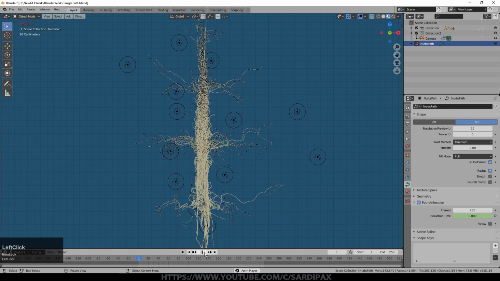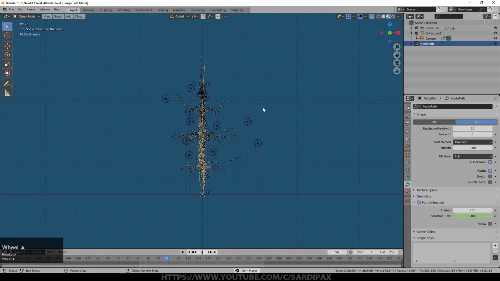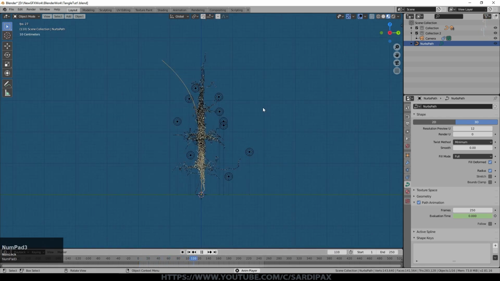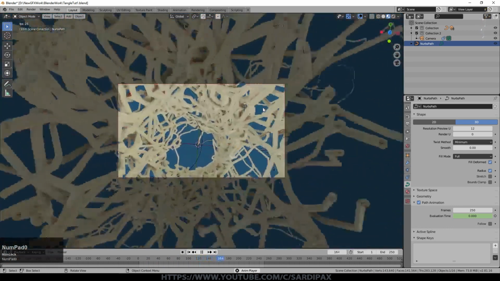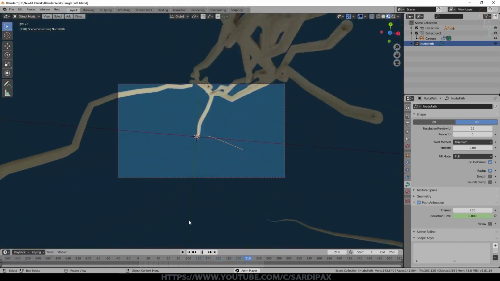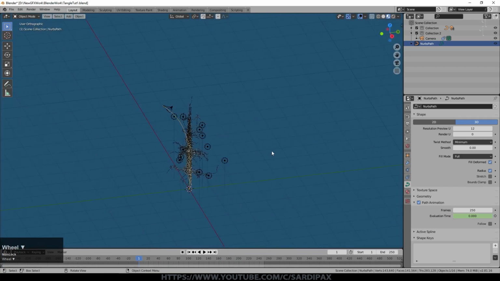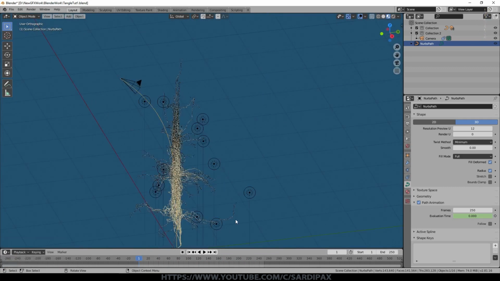Having done that, I can press play and you now see the camera is moving at about half that speed. If we look through, there it is. We might be less concerned about the camera taking the whole 250 frames to traverse that path, but we might want it to move a lot more slowly. So regardless of how many total frames we've got, we could set this to say 1000 frames. So that means it would take 1000 frames to go from one end to the other. If we press play now, you can see how slow the camera is moving.